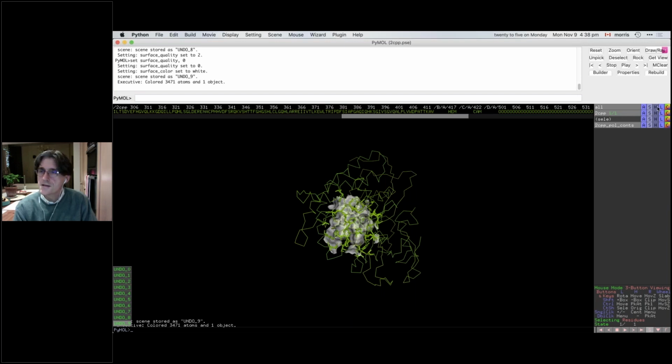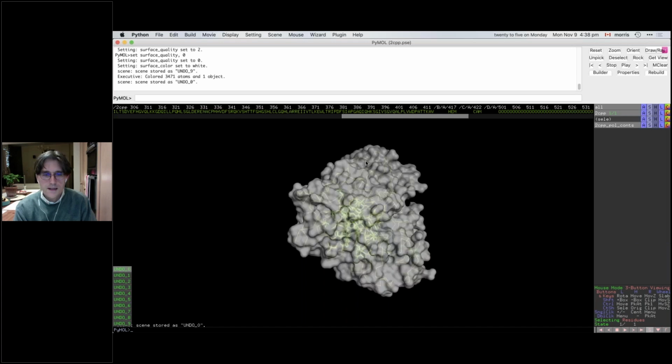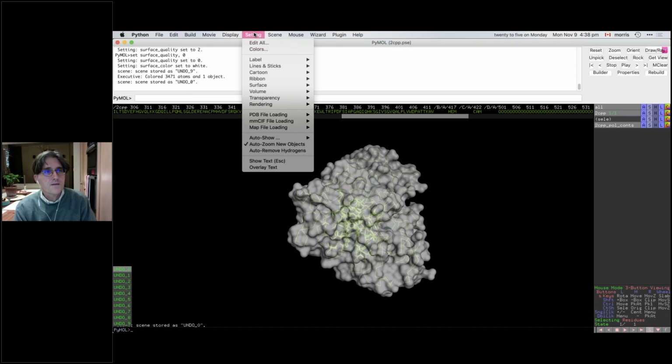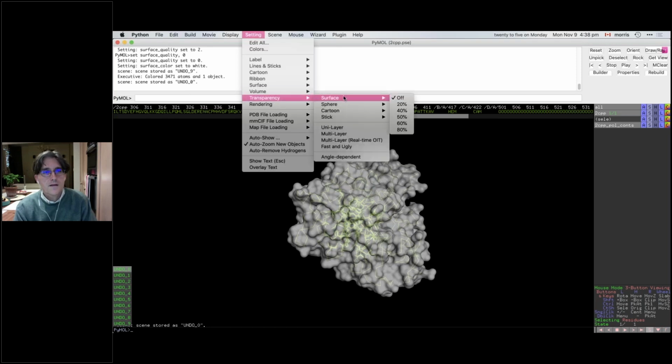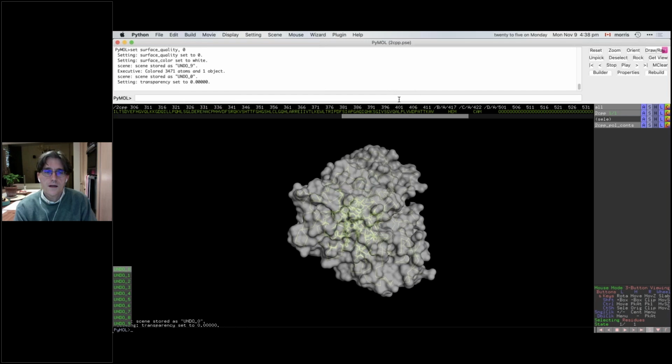The surface stays white. So if I now go to show surface, it's going away, it's computing it, beach ball of death. And I've got a very high quality surface now showing with transparency. So if I go to transparency surface, go off, hopefully that will override the preset. If not, we're going to reload it. It looks like it's still